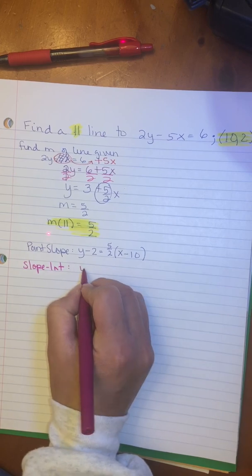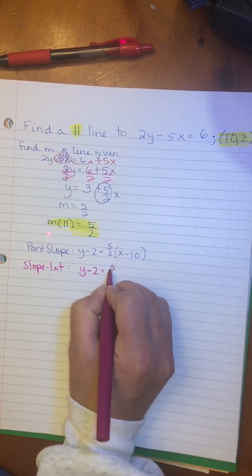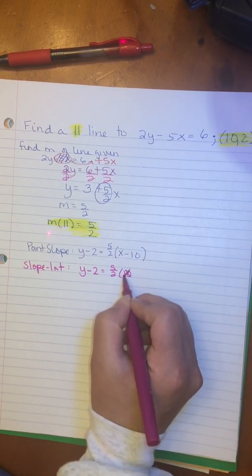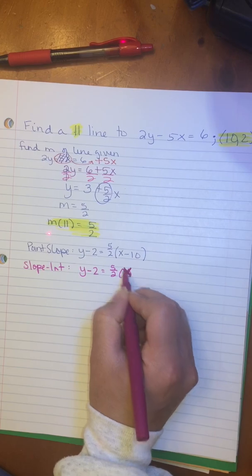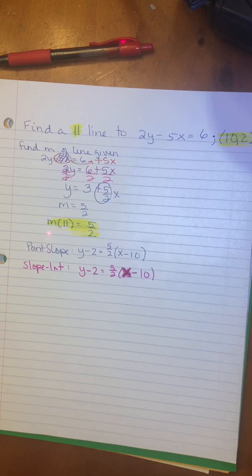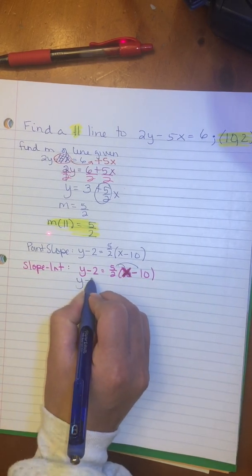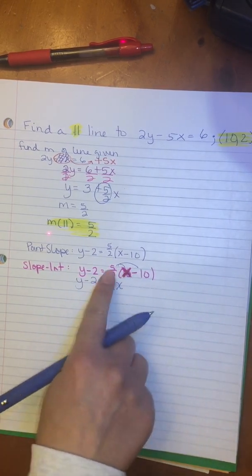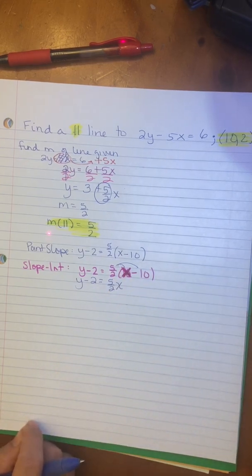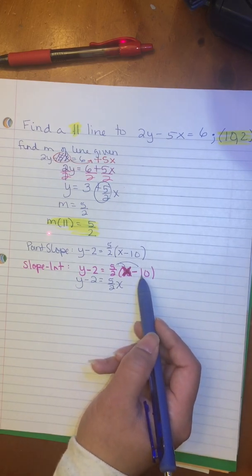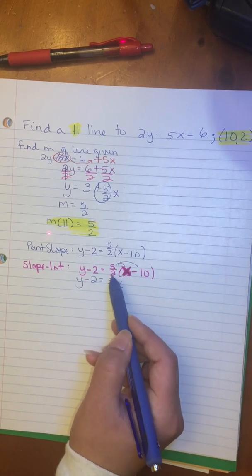So I'm going to take my answer from point slope, oops, this is an x minus 10. Okay. So the way you do that is by getting rid of your parentheses by doing the distributive property. So y minus 2 stays the same. 5/2 times x is 5/2 x. Plug this into your calculator, 5/2 times -10. Or if you do it in your head, you're going to do -10 times 5 is -50, divided by 2